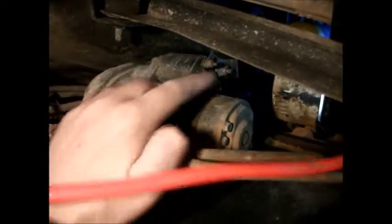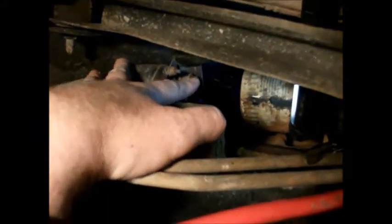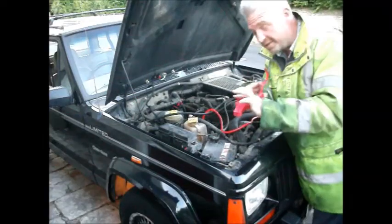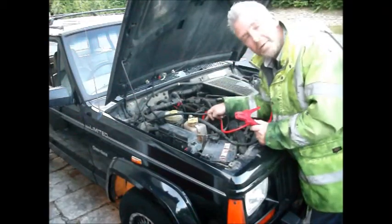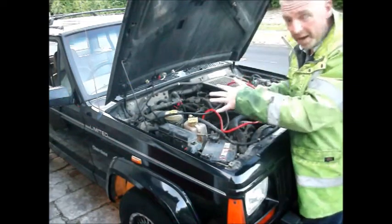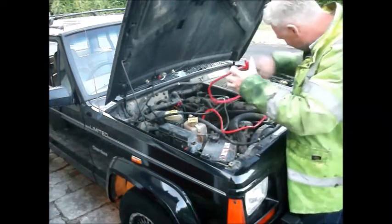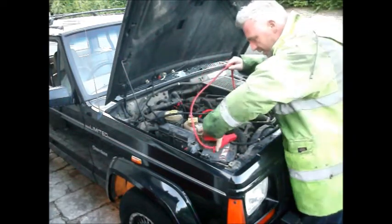So I've got my voltage to the main terminal here, so I'm going to use a jump lead to jump that straight off the battery. With any luck, I should turn over the motor, and then it would simply be a case of fitting a starter button or something. You've seen the other end of this jump lead is on the solenoid terminal. It's in park, so it shouldn't go anywhere. So with any luck, if I short this, making sure nothing's fouling the leads, that should...